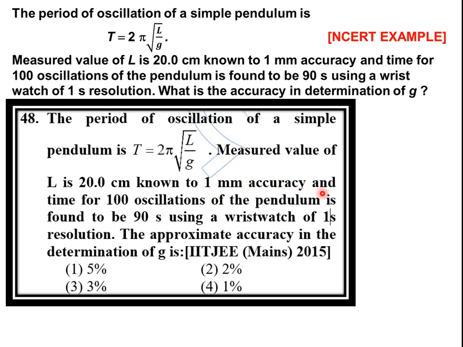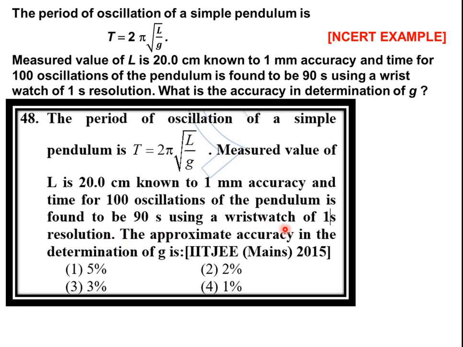And time for 100 oscillations of the pendulum is measured to be 90 seconds. This is time, not time period. 90 seconds is time taken for 100 oscillations. So each oscillation would take 90 by 100 seconds. But the number of oscillations would not matter, later on we'll see. The time has been measured using a wristwatch whose resolution, meaning one division, is equal to